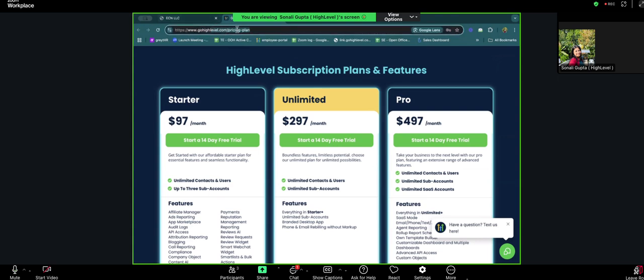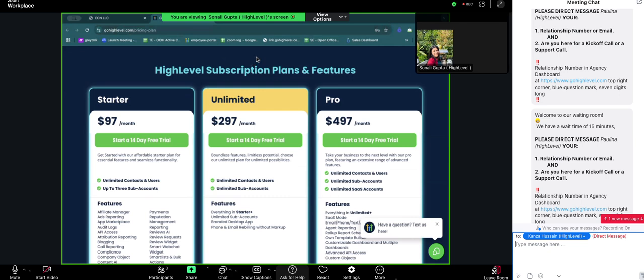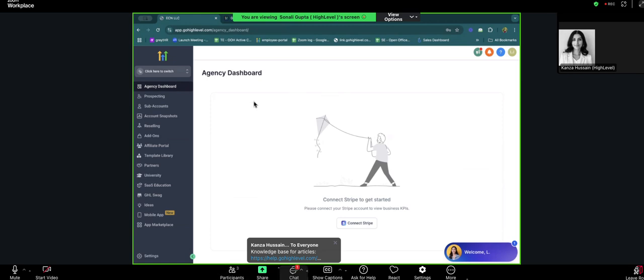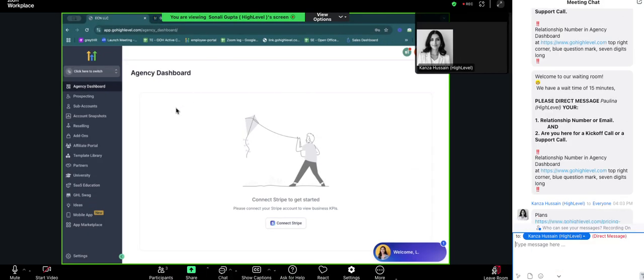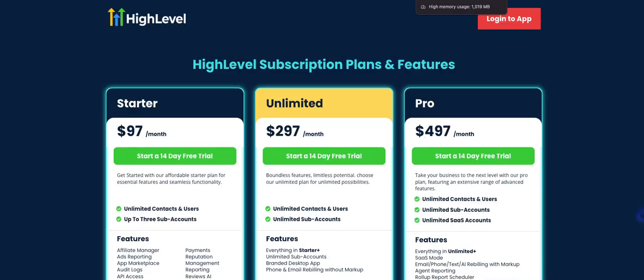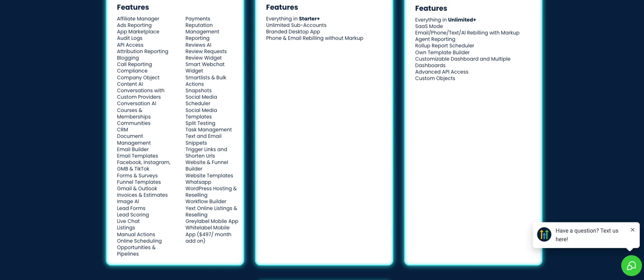Yeah, Kanzi, if you can just share the link, and then I will also share some other articles over your mail. Where did you share them? Sorry, it's in the chat. If you look at the Zoom chat, one of the links says plans, so that's already shared. And then the second link is your knowledge base. So let's say if you want to search how to do something within our platform, the website is called Knowledge Base. That's where it houses all of the articles that could possibly be related to the setup or any questions that you may have related to the platform.